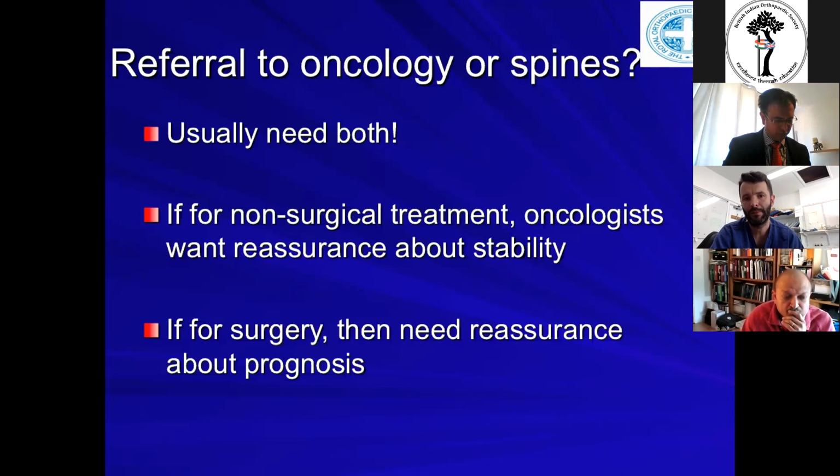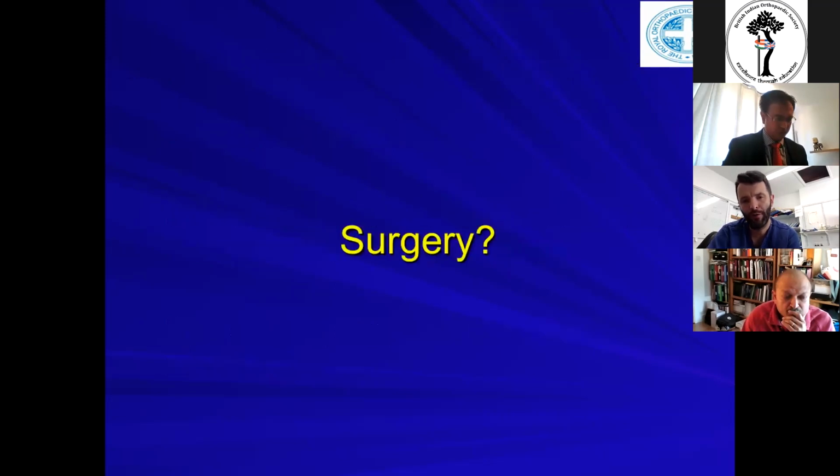And the reason for that is because, yes, sure, if non-surgical treatment is best, the oncologist will still want to know about whether or not the spine is stable, and that requires typically a spinal surgeon to tell them that. And if they are for surgery, then I need reassurance that, in fact, this prognosis is good enough to justify the surgical intervention for this particular patient. If we are going for surgery, though, well, yeah, I want to know the prognosis, and we've spoken about that,